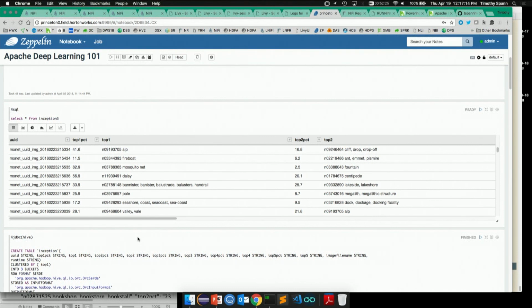I also could put a pointer to that file so that I could reference that image. With Zeppelin and other tools, I could read that image and show it as part of the SQL. So you can bring back maybe a small version of the image along with the deep learning information about this. If you were at the IoT talk, we also added sensor data into that same flow. So I got the deep learning analysis with MXNet and some other ones, plus sensor data, plus machine data, plus the time series data, all in one flow. So we just created a table.